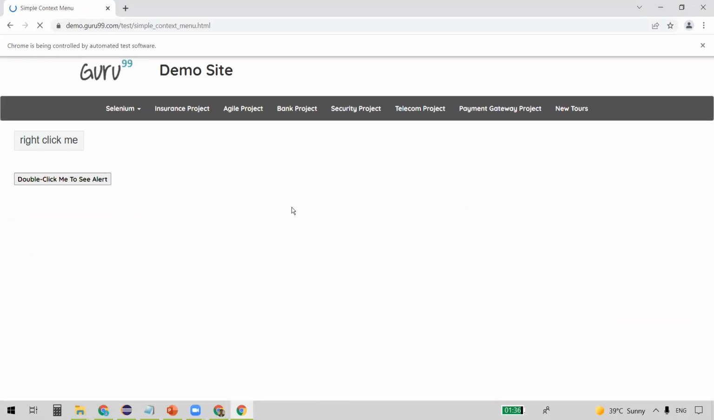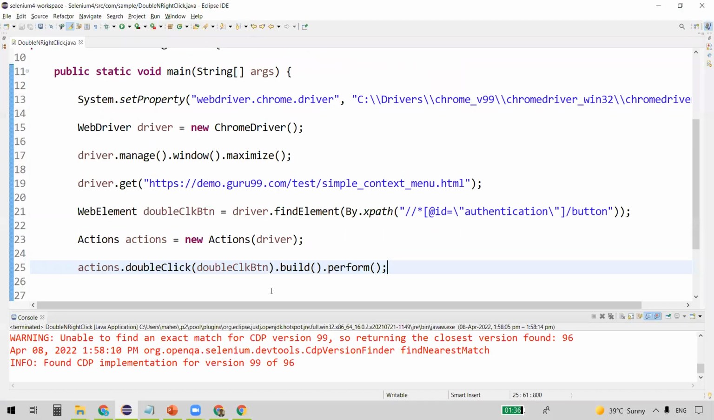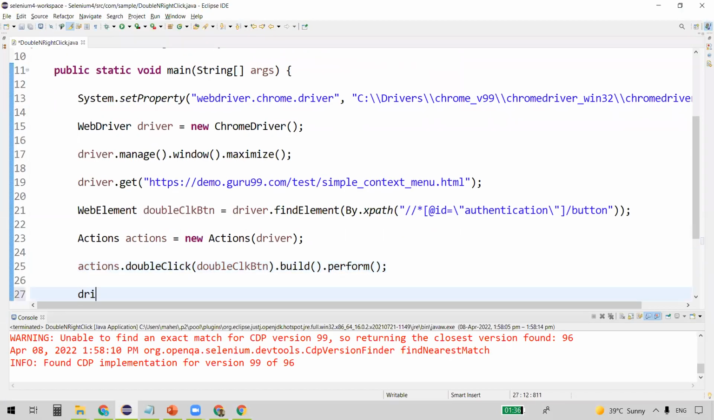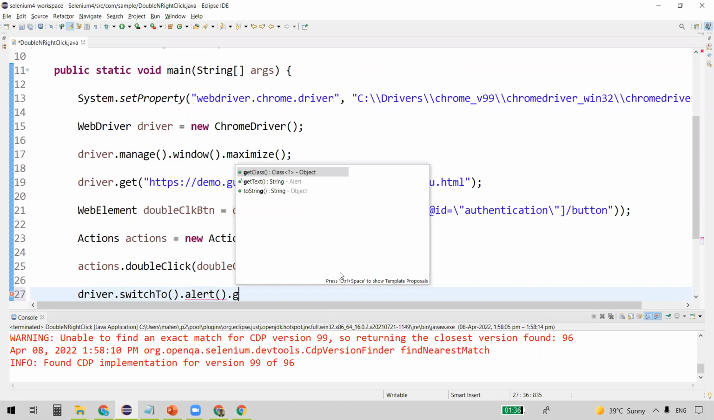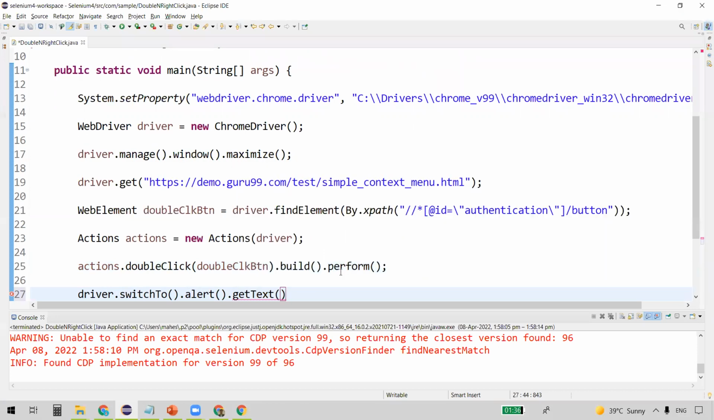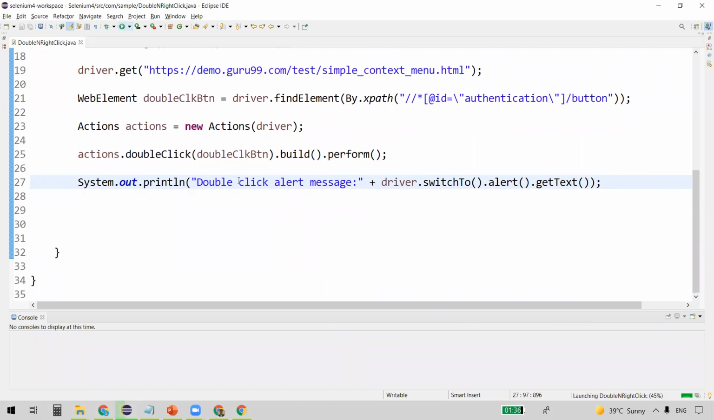It maximized, and now you can see, double click, and you can see this alert, right? So even if you want, you can actually capture this alert and display the message that the alert is returning, right? Switch to dot alert dot get text. So this is the alert message, or double click alert message, right? So you can see that now,